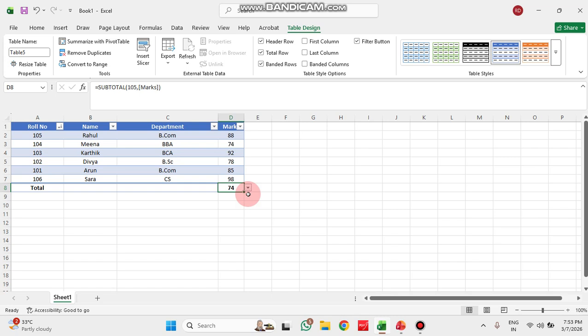But this is not quite possible in the range because there are no automatic filters added, no structured formatting and no automatic expansion of the range. But for a table in Excel, it gives you the filter option, the professional format, and the auto expansion also. So when we convert our data range into a table, it is recommended for